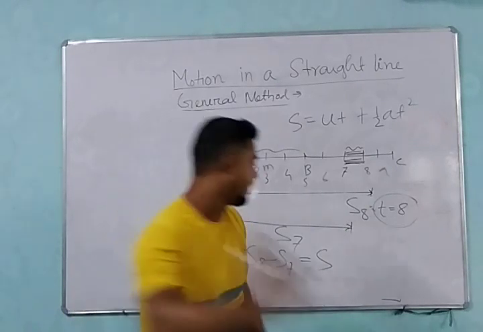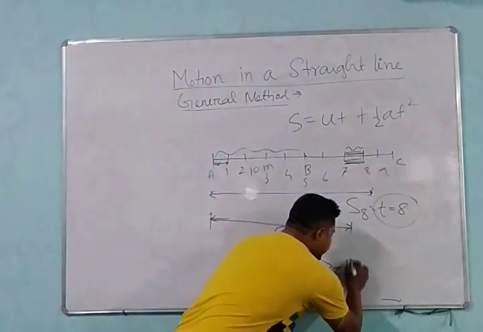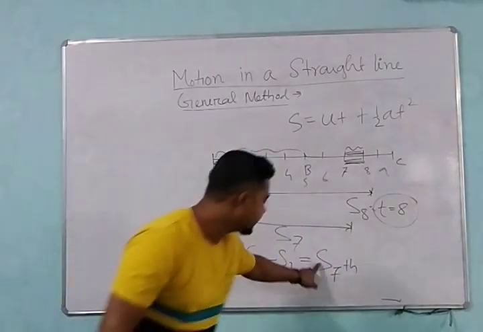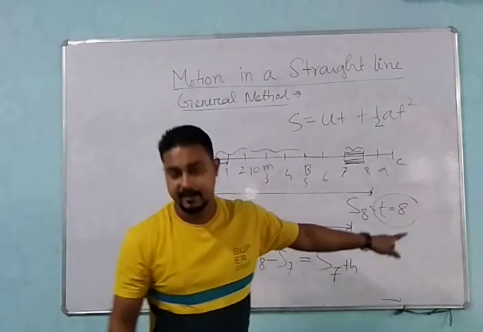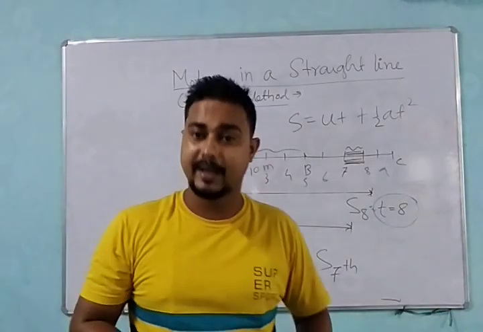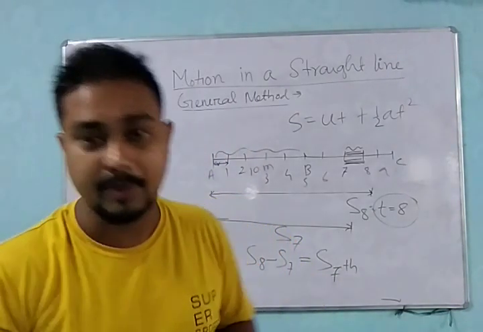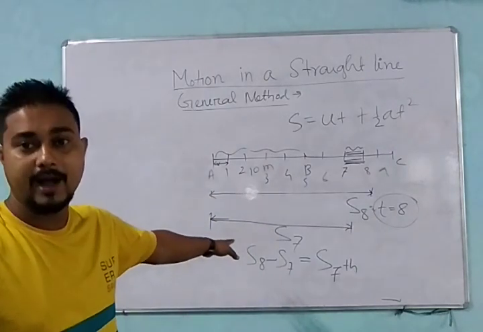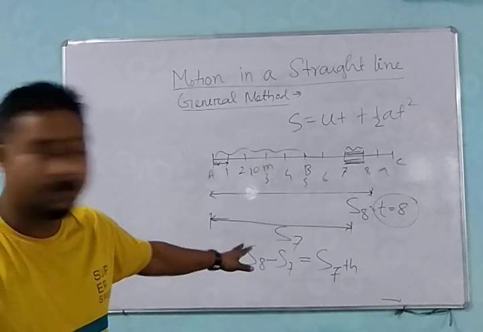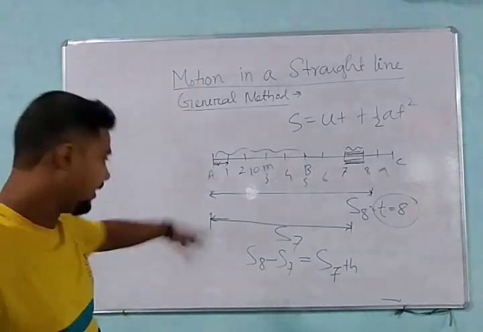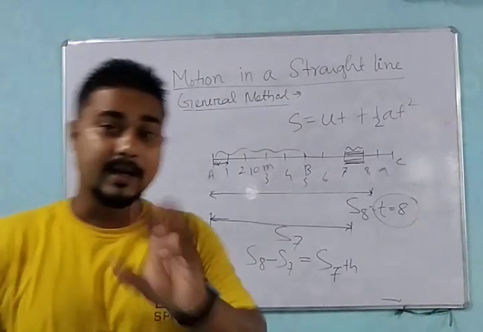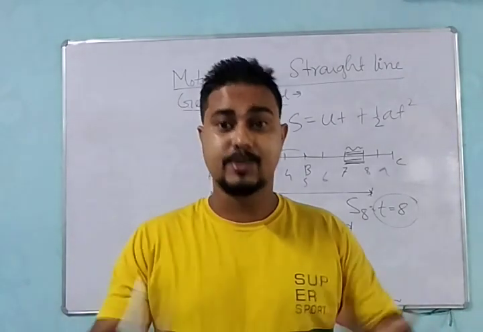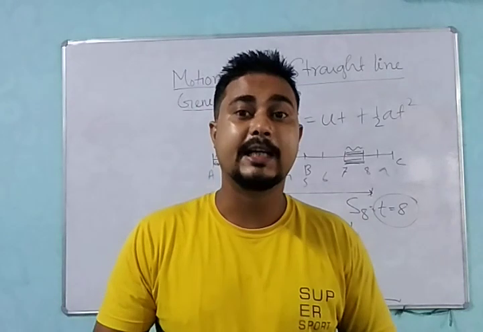the 7th second, so I can write it like this. What distance will be covered in the 7th second, I hope you are able to understand this. I have given you just an example; now if I want a formula, how can we find out the expression for the displacement